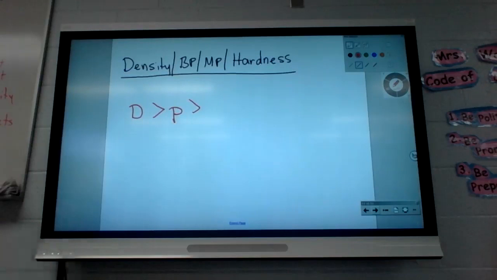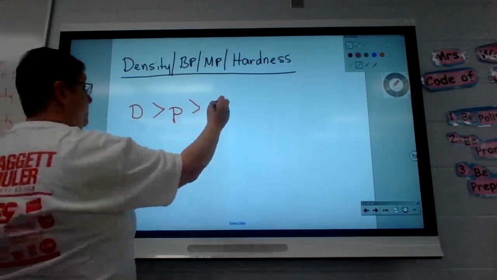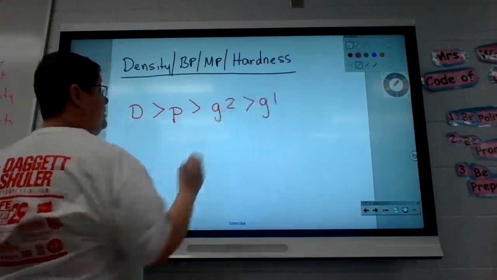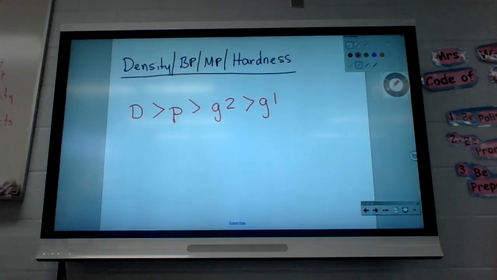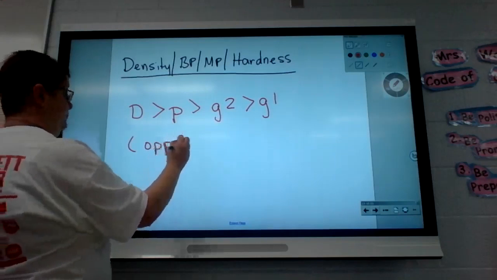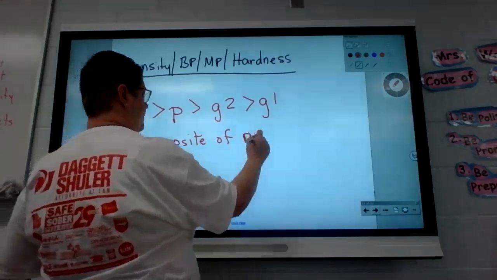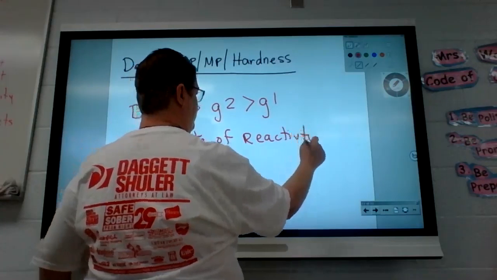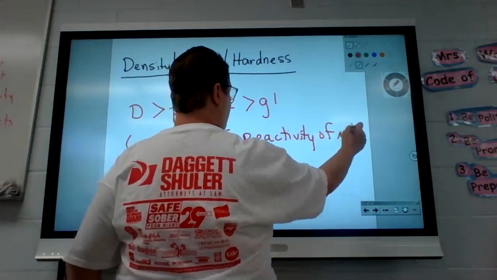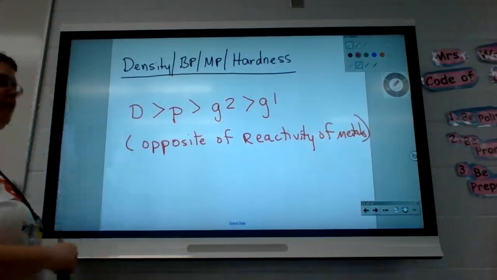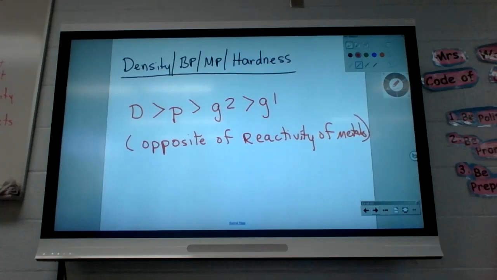So it's group 2, and then it's the opposite. It's the opposite of what? The reactivity of metals. Oh yeah, you did say that. Karen, you sound really smart. I'm proud of you. So it's the opposite of the reactivity of metals. Okay? That makes it easier for you guys to keep track of. It's the exact opposite of reactivity of metals.